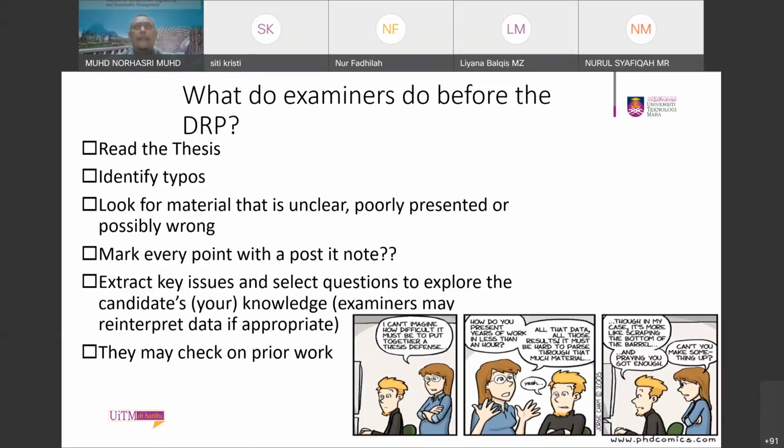Basically, the examiners only want to see whether what you are presenting to them in the slides and in the reports is the same as what you defended during your proposal. That is the only thing. So inshallah, be calm. Don't be afraid of your supervisor and also your panels. But again, do not be overconfident. Overconfidence is very dangerous. So be prepared.